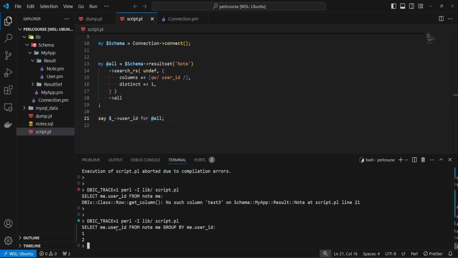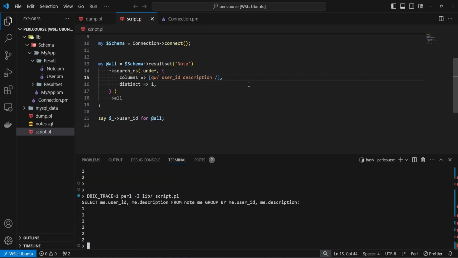You're going to see that we are selecting user ID, and the distinct keyword automatically applies grouping on user ID. The same thing if we say description, that's what we're selecting, and we're using distinct, it's automatically applying grouping on description. So that's a neat way to reduce the need of specifying the fields you want to group by, because if you're using distinct, the grouping is going to be applied to the specific fields that you're